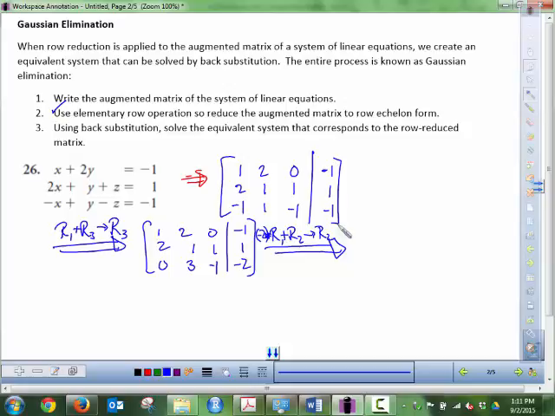How do you know? I could have replaced row 1, but if I would have replaced row 1, that would have given me a 0 up on top, and that's not necessarily row echelon. I could have done that and then later on switched, because that's another elementary row operation. Yeah, I could do a lot of different things. But the bottom line is I want this to be a row echelon form, 0s in the bottom left corner